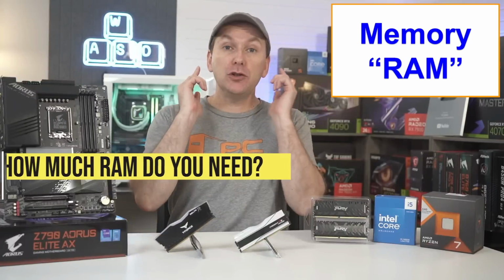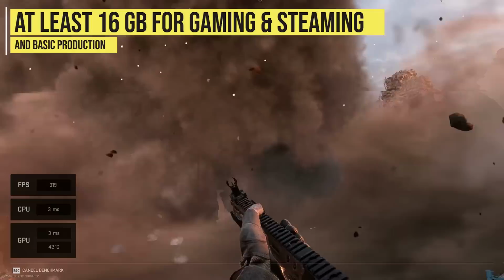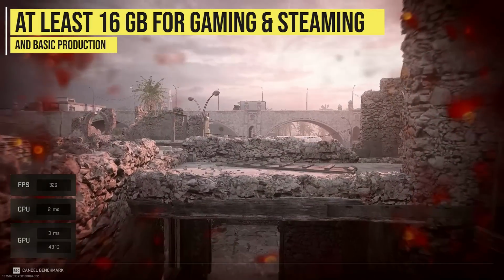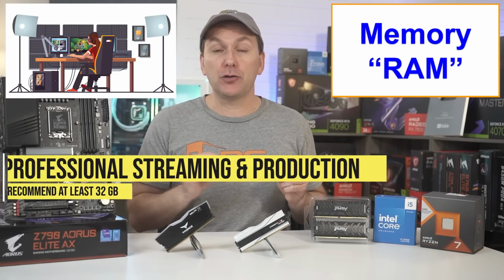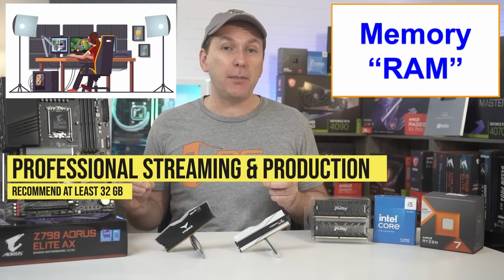So how much RAM do you need? Well, it depends on what you're doing. A general rule of thumb is at least 16 gigabytes for gaming, streaming gameplay to a service like Twitch, or amateur video editing. For professional level streaming or production workloads, I would recommend a minimum of 32 gigabytes,